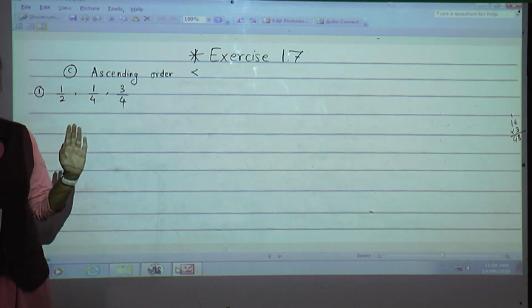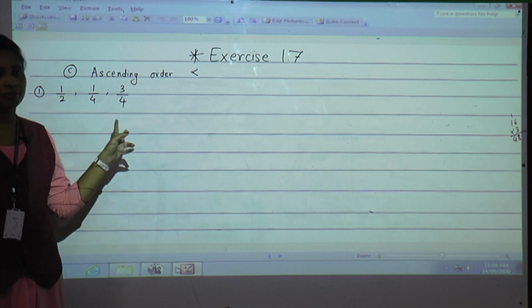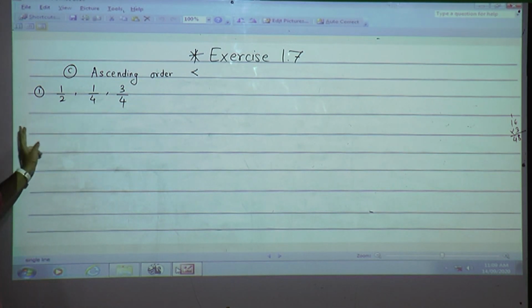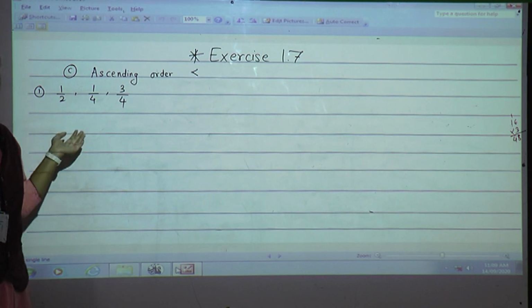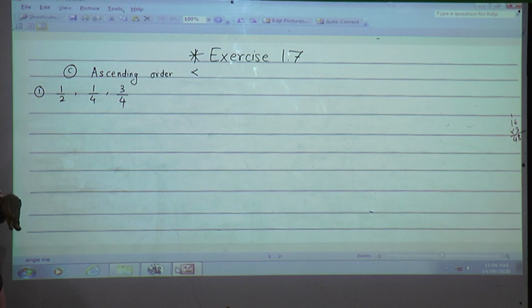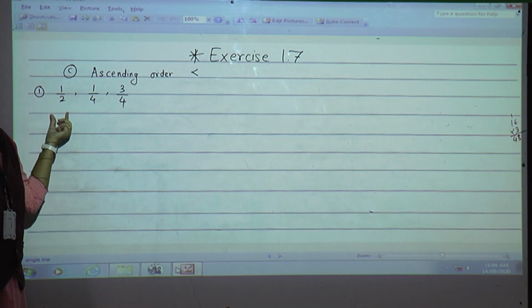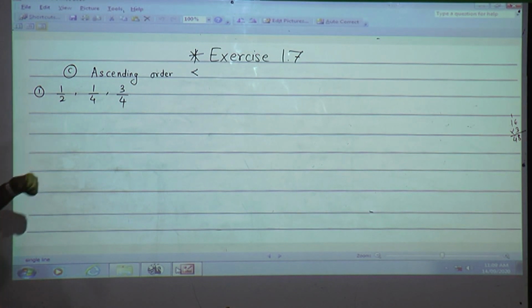We have to arrange the numbers from smaller to greater, but here we need to arrange fractions. If we want to arrange fractions, see how we will compare which is greater and which is smaller. These are unlike fractions. First we need to convert them into like fractions, isn't it? Like fractions means the denominators should be the same. So what do we have to do for that? We need to find the LCM of these three numbers.